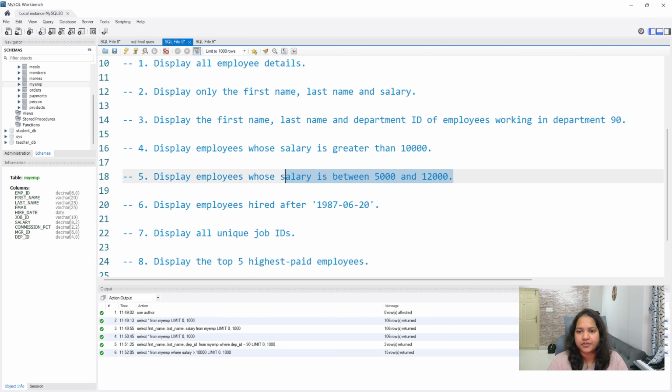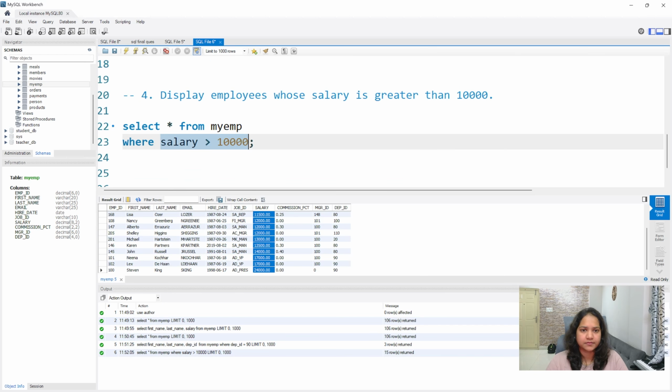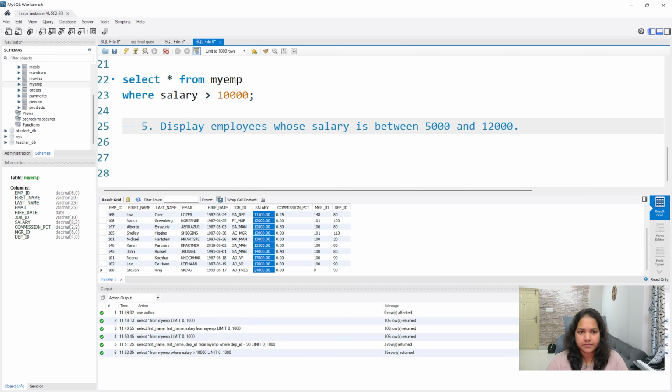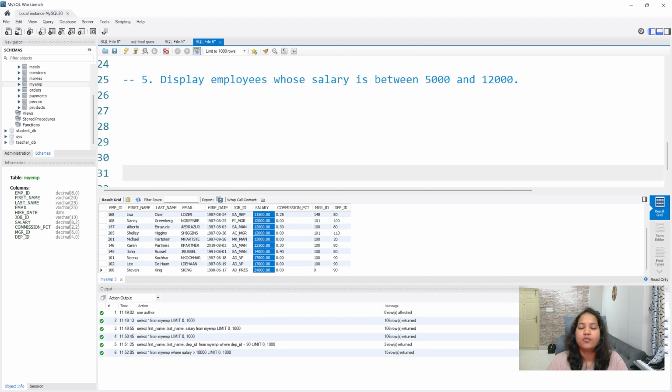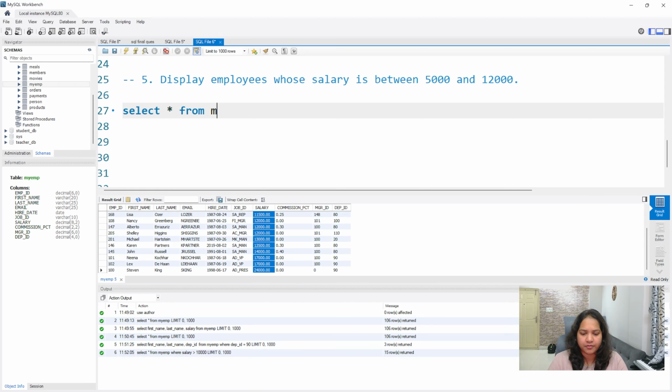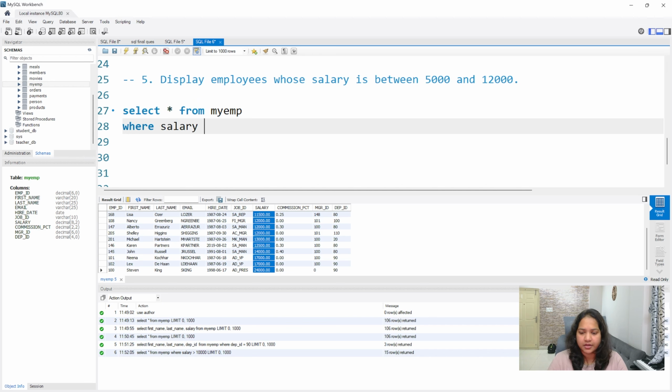Then comes your fifth question. For this question, let's see how to solve it in two different ways. Display employees whose salary is between 5,000 and 12,000. You can write select star from the MyEMP table where salary is greater than or equal to 5,000 and salary is less than or equal to 12,000.